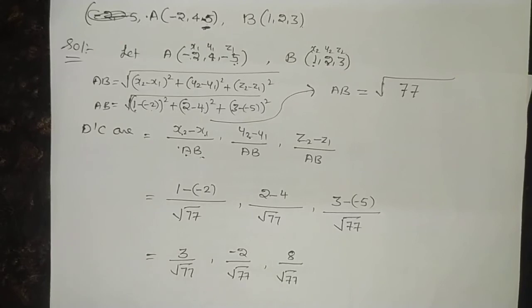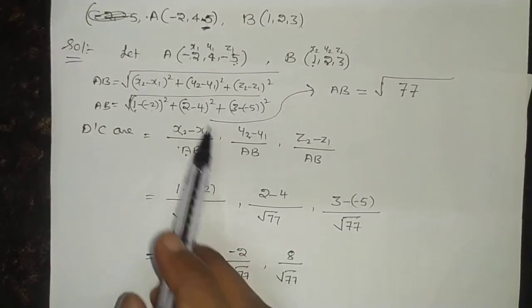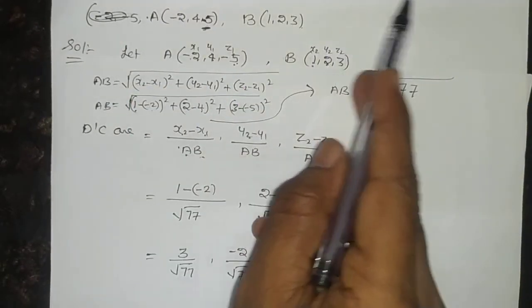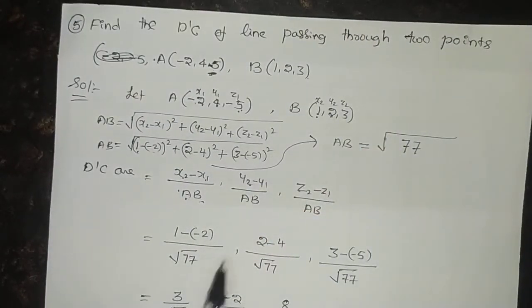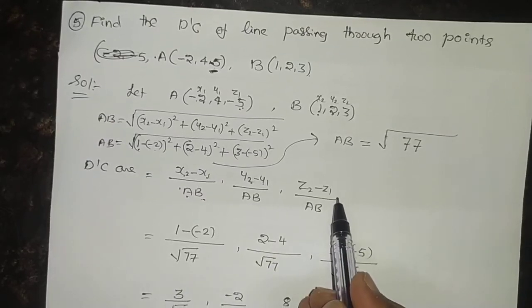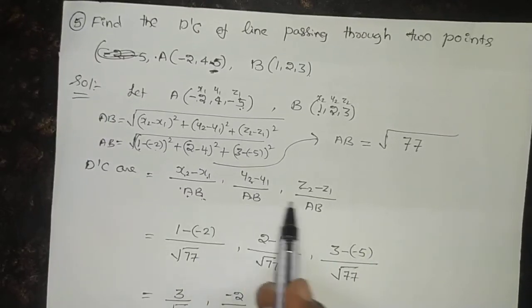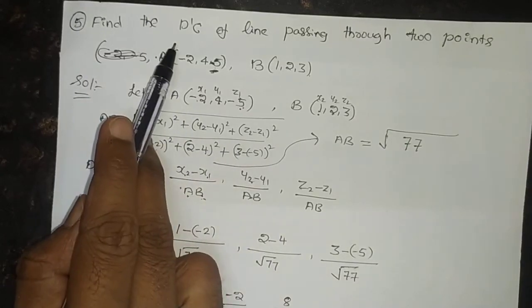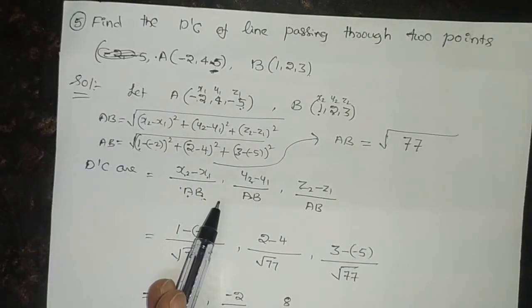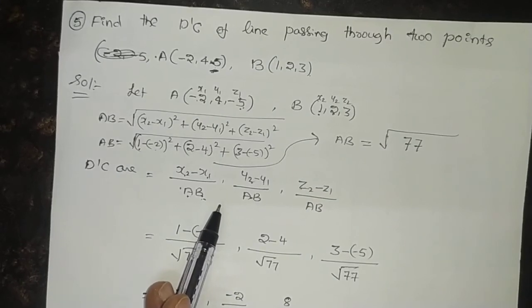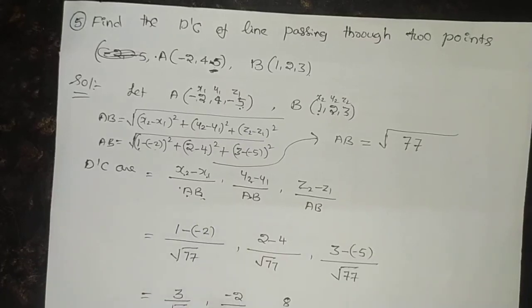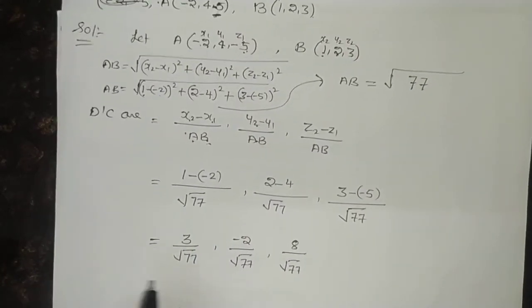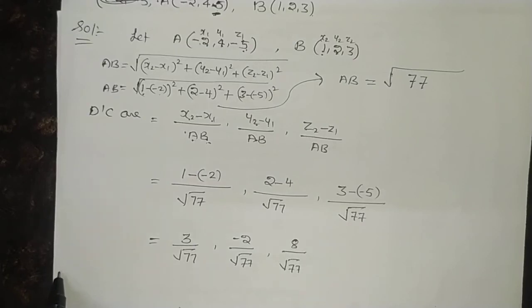Are you clear? Yes. So it is the procedure to find the direction cosines of a line passing through 2 points. You just remember the formula related to the given problem, then simplify or find out the required things and substitute it. Finally, we will get the answer. Okay, are you understand? I think you understood well.